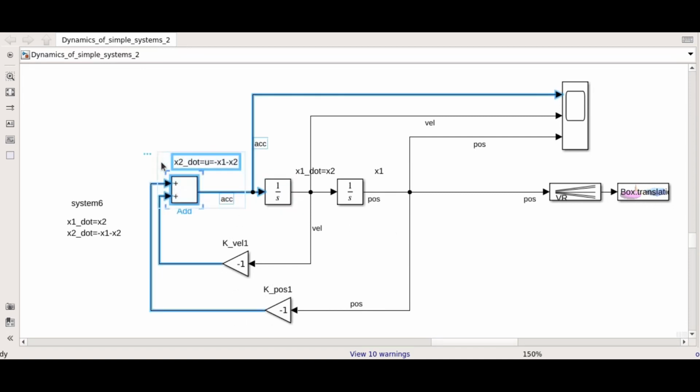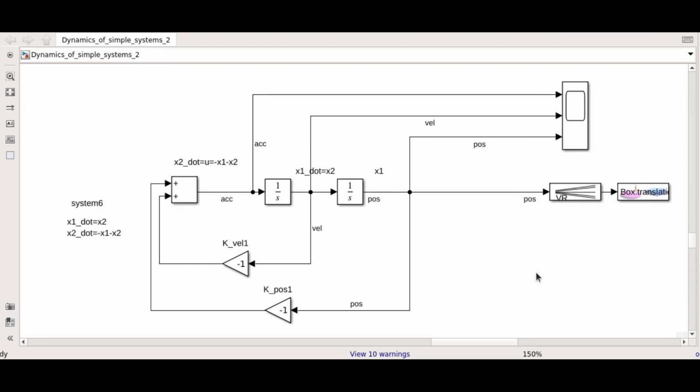From our previous experiments, we can guess that with this system definition, we will be able to bring the system to position 0 and make the velocity of the body 0 at position 0, and we will be able to keep the body at the same position. Let us simulate the system.